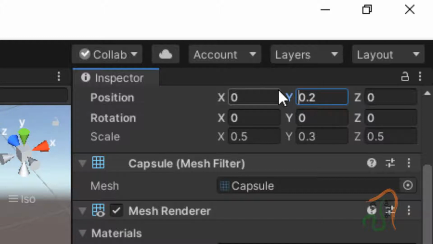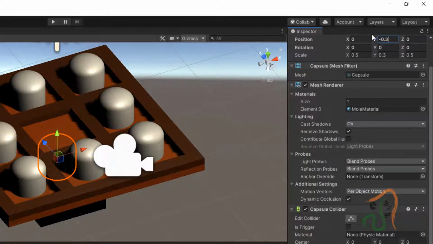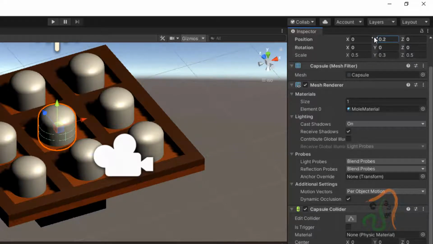So one second. Here if I set the value to minus 0.3, it will be hidden. So whatever position you are seeing now, 0, minus 0.3, 0, will be the value of the target position. So let us set this y value back to 0.2.